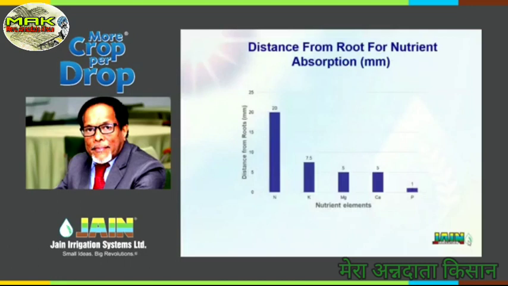Now, this is just to go a bit into the theory. See, for example, there is some root somewhere, and some fertilizer ions are located. Nitrogen can be taken by roots even if it is 20 millimeters away from the roots, because the mobility of nitrogen in the soil with water, in a normal case, is higher. When it comes to potassium, it is lesser. It should be 7.5 millimeters close. Beyond that, it's not going to be taken up by the root. Magnesium, a very heavy ion, 5 millimeters. And look at phosphorus. One of the laziest ions in the soil is phosphorus. It refuses to move.